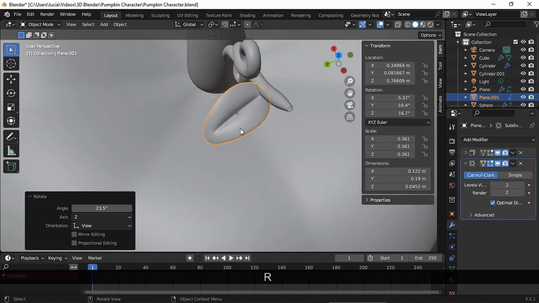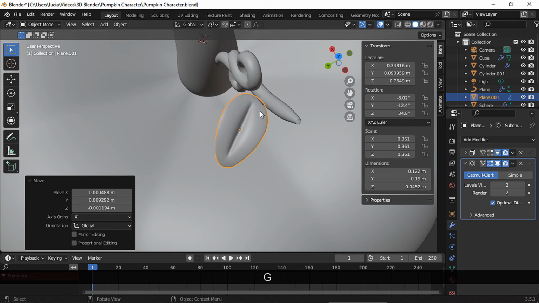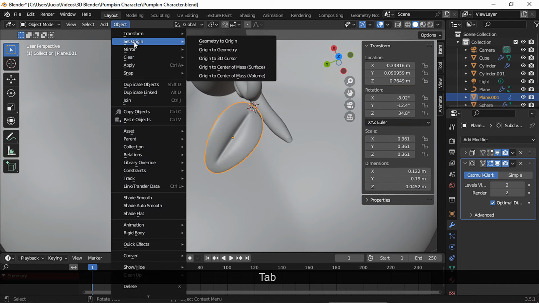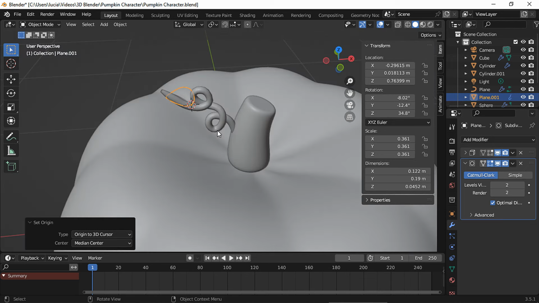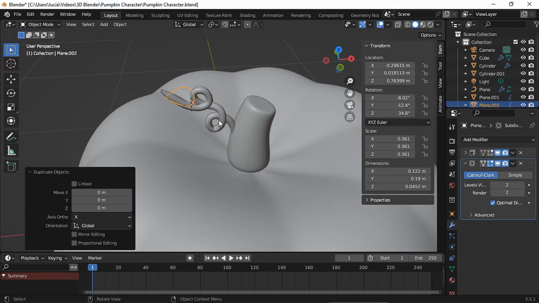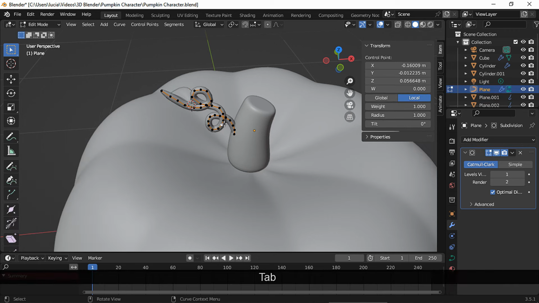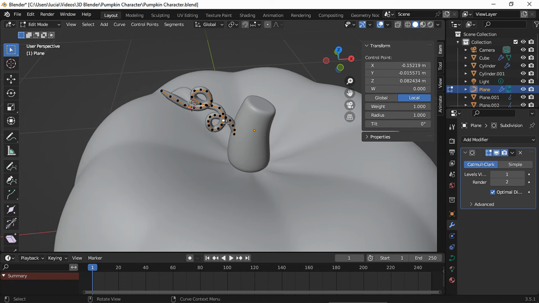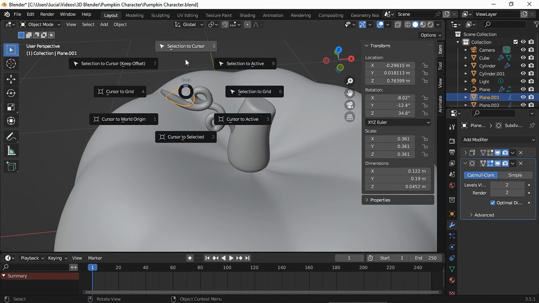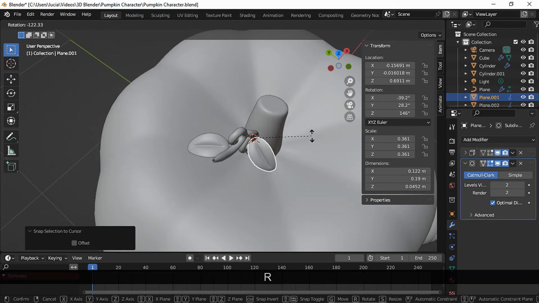I want the origin to be at the bottom, so in edit mode, select this bottom vertex and cursor to selected. Back to object mode, origin to 3D cursor, and now it's easier to move the leaf. Shift D to duplicate it, escape. To place the leaf faster, select the vine, in edit mode, choose the point where you want the second leaf to be, cursor to selected, and back to object mode, select the leaf and selection to cursor. Rotate it,